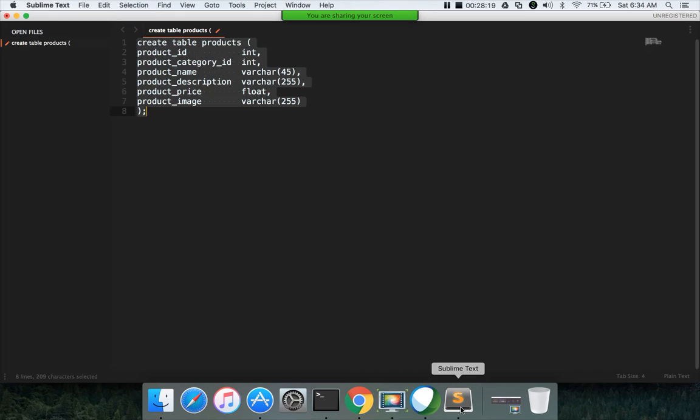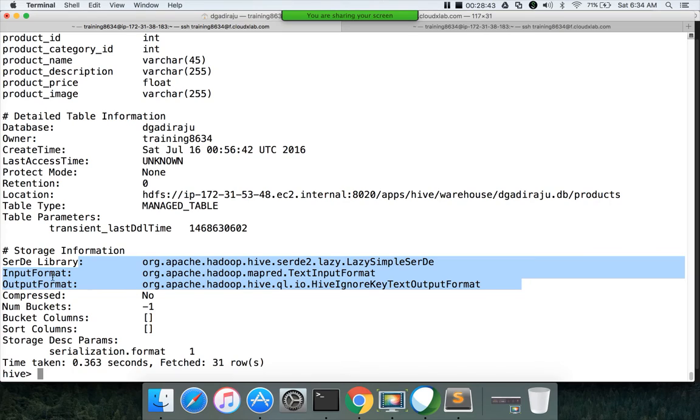If you want to understand how it uses the same command internally, especially for stored as, you can say it is like this, stored as text file. Based on the file format you have specified in stored as, it will try to compute the input format and output format. The default delimiter in Hive is, I think, the null character.